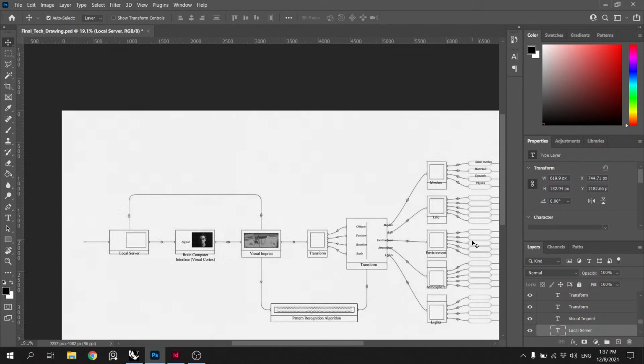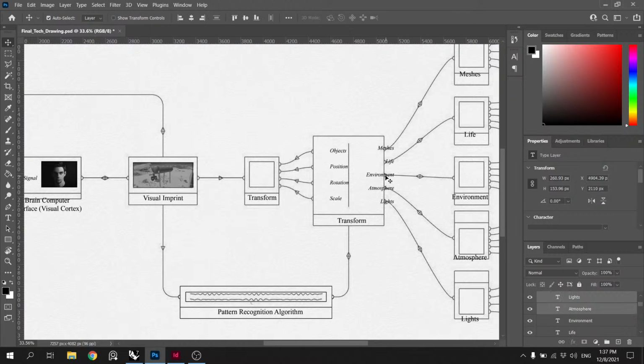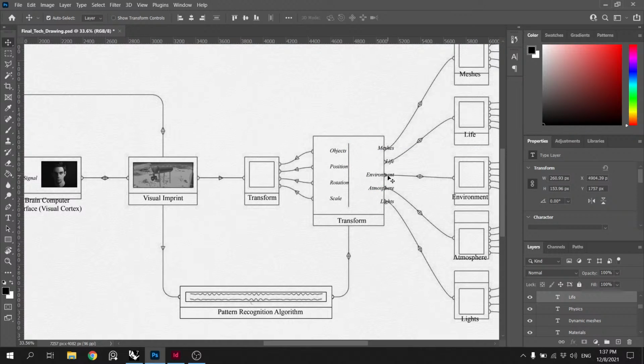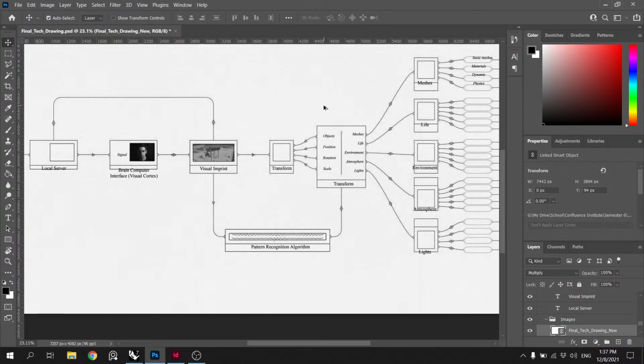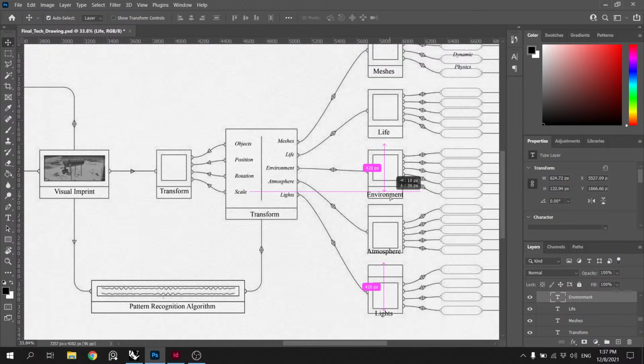Something like this. That'll come down. All these will get. And like that. These all get like that. All those will get moved down. Okay.